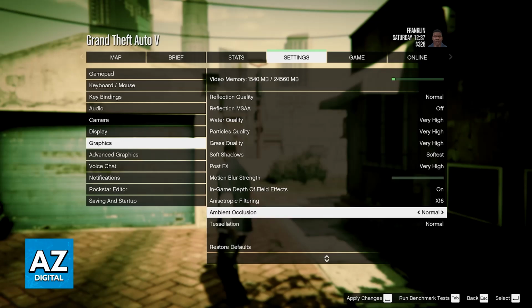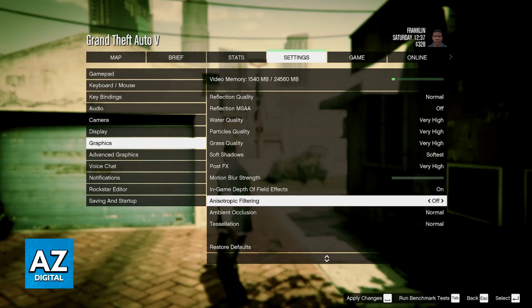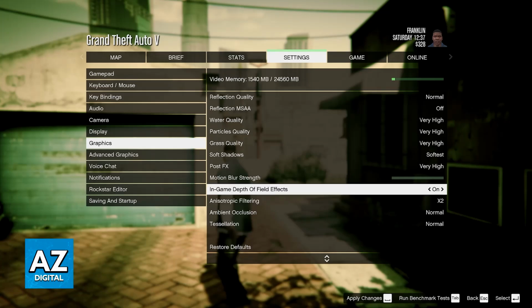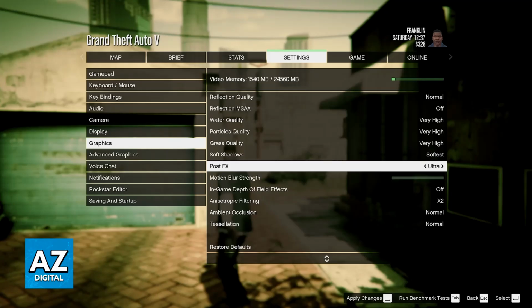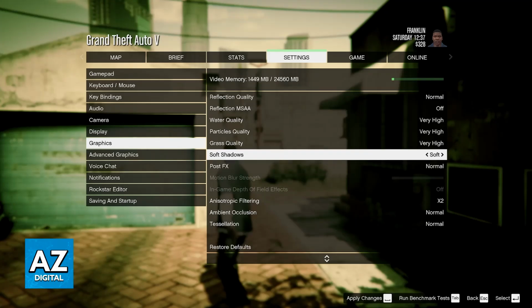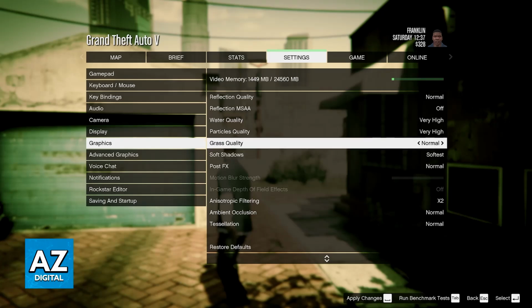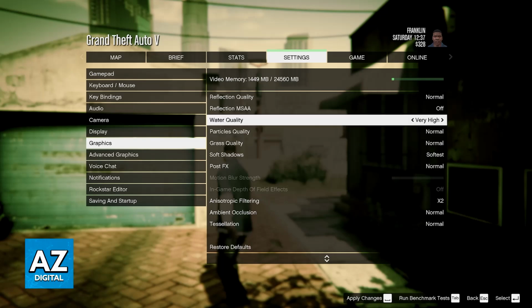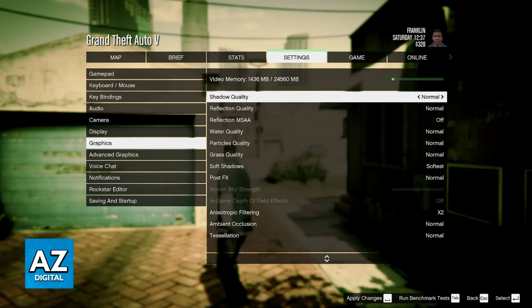But sometimes you can spend a little bit more time here trying to tweak the settings. So maybe you raise some of these settings that don't have much of an impact. You can confirm the impact of each individual setting by looking at the option on video memory. So some of these won't have too much of an impact and you can just set them to high maybe or very high, but others will have a big impact, so you kind of have to choose accordingly.